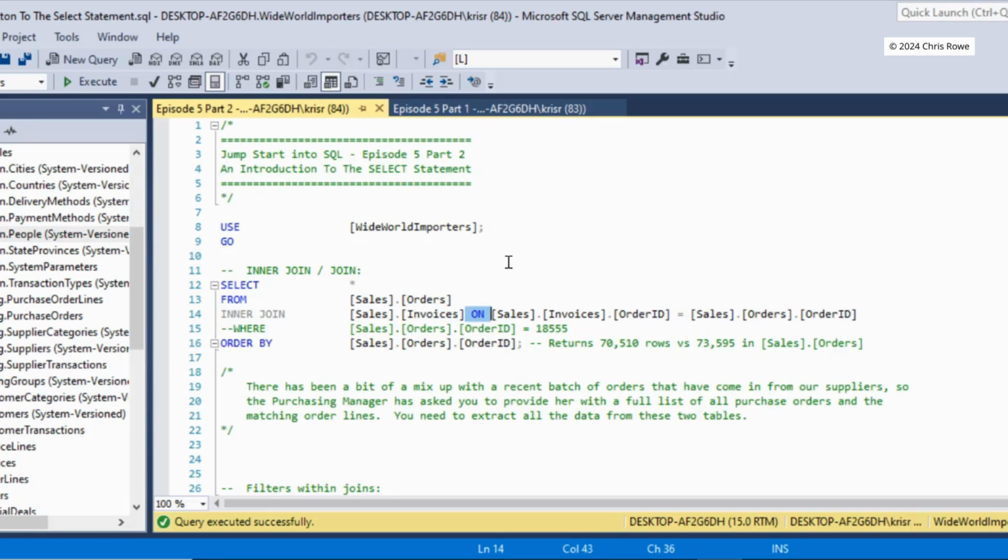We then write the term on, and that specifies to SQL Server that we're now going to present it with the columns that we're going to join on. So let's have a look at our sales order table quickly. I'm going to highlight that, press Ctrl 3,